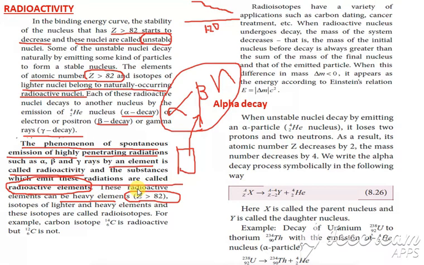Then these radioisotopes also have various varieties and they are used for various applications such as carbon dating, cancer treatment and all this. Okay, and so we'll see these decays one by one. Okay, so the first one we are going to